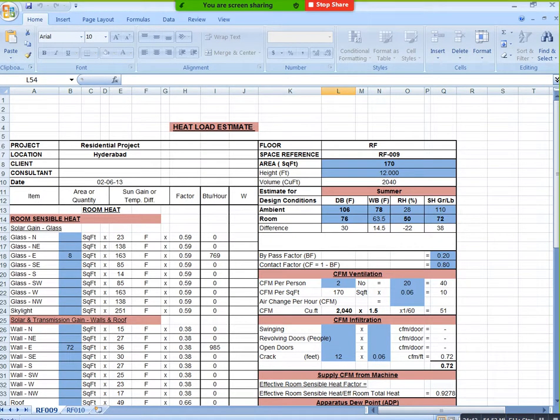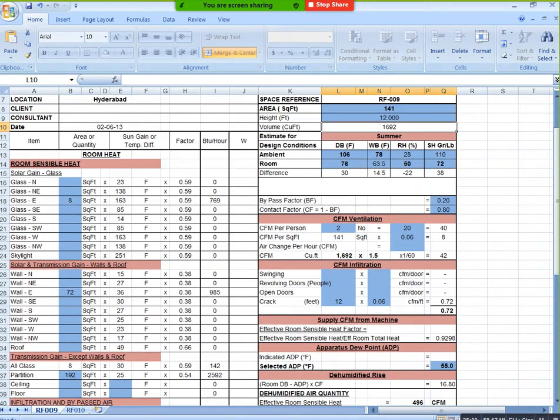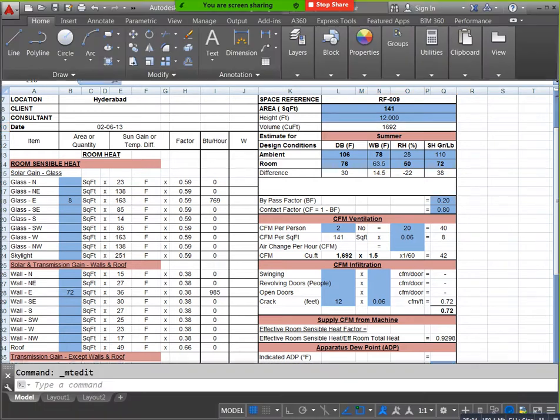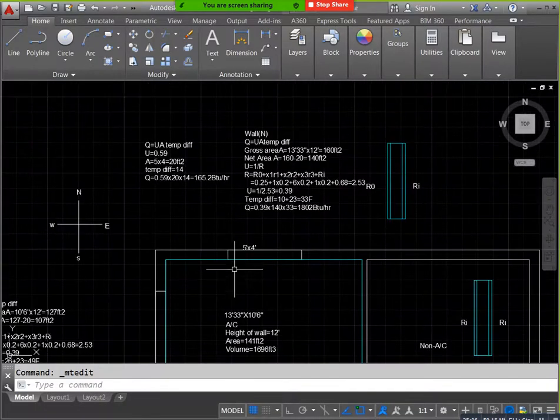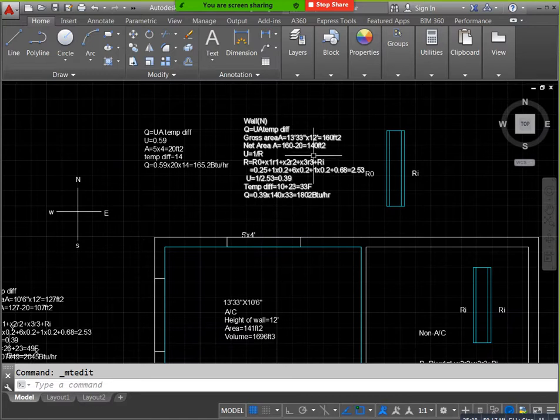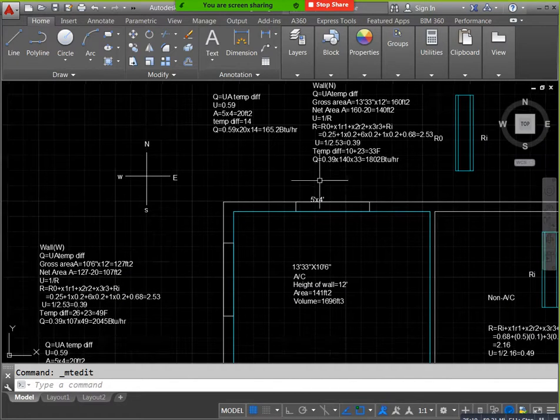West wall and north wall. Now you can go here, west wall and north wall. Now you can mention the north wall, how much is there? 140 square feet, and you can delete this one. We need to specify the west wall, 107 square feet. Now we need to mention glasses also. North wall we have 20 square feet, west wall here we have 20 square feet. After that, here we need to mention all the glasses we have. You can just see all the glasses, how much is there here?